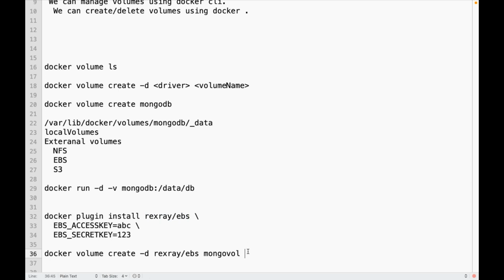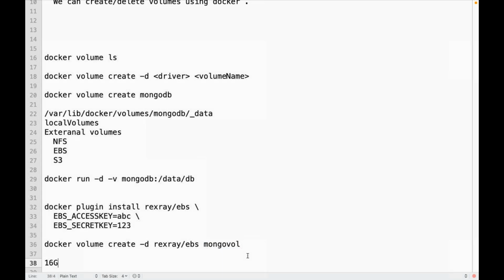If I don't mention the volume size, how much size will be taken as default? How much EBS storage will be provisioned? 16 GB. So when we are installing the Rexray driver, what is this? It is expecting something here. What are these two? When we are installing the driver,